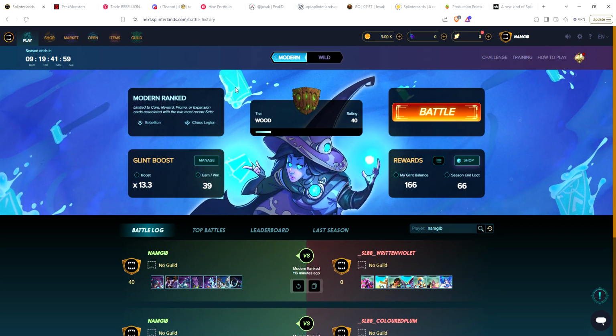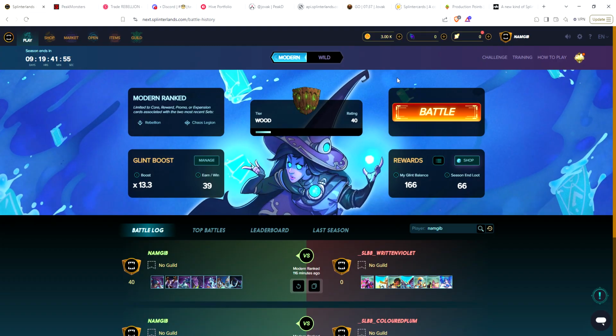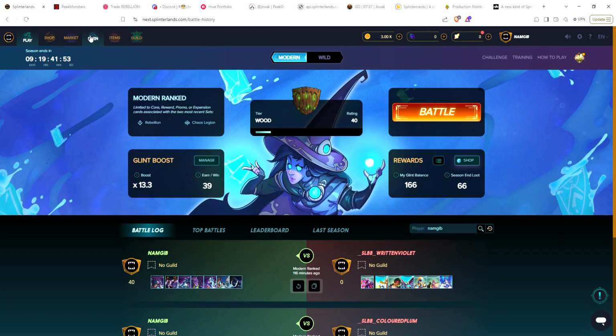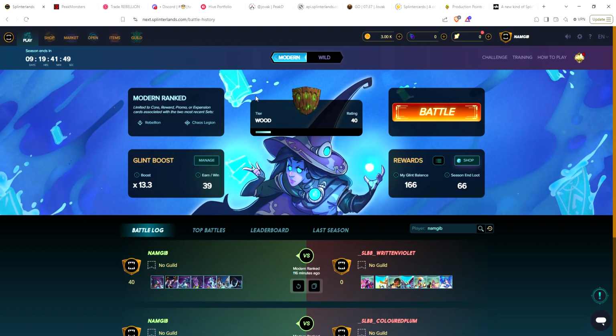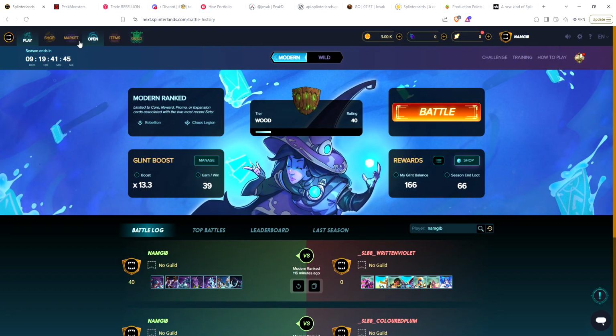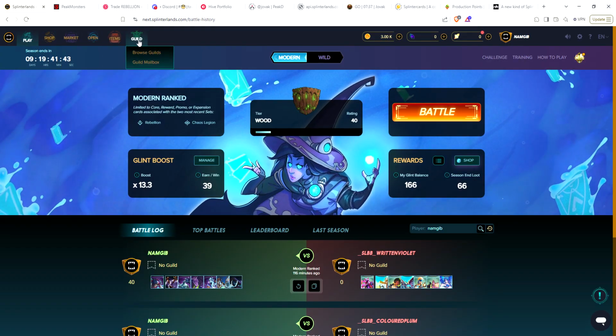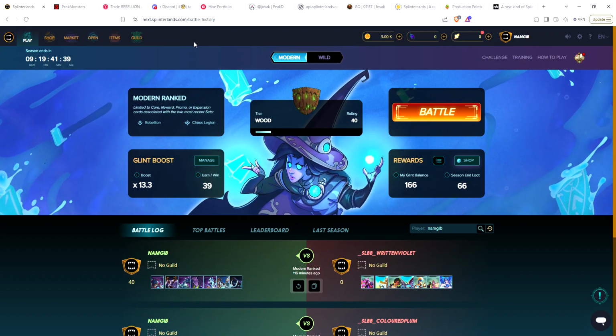So this is going to be just going through the basics of when you start a new account and you see this main screen and all these different tabs, and you're just trying to navigate through the site and figure out what everything means. So what I want to do in this episode is go through these tabs here on the top, which one you should concentrate on if you're a new player, and which ones you can kind of just ignore